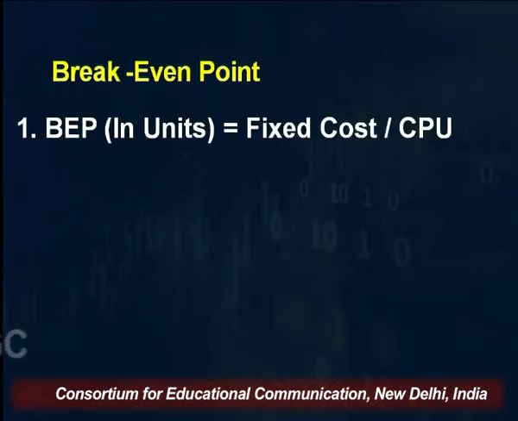So let us first have a look at the formula for break-even point in terms of units. Formula is very simple: fixed cost divided by contribution per unit. When I am writing CPU, it doesn't mean central processing unit. It is actually contribution per unit. Fixed cost divided by CPU. I'll tell you how to recall this formula, or you should understand why fixed cost is becoming a numerator. Fixed cost is actually my numerator here because it is the amount which I need at the very outset. So when I have to calculate break-even point in terms of units, it is fixed cost divided by CPU.